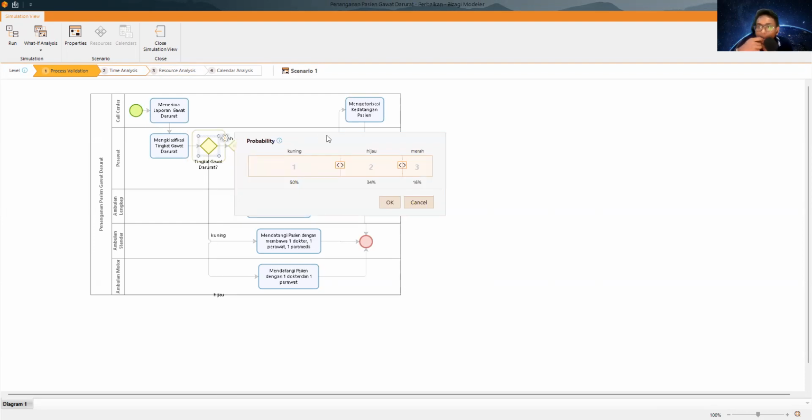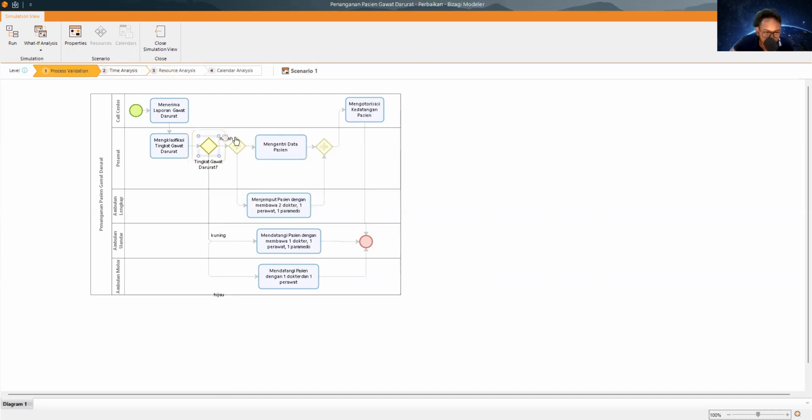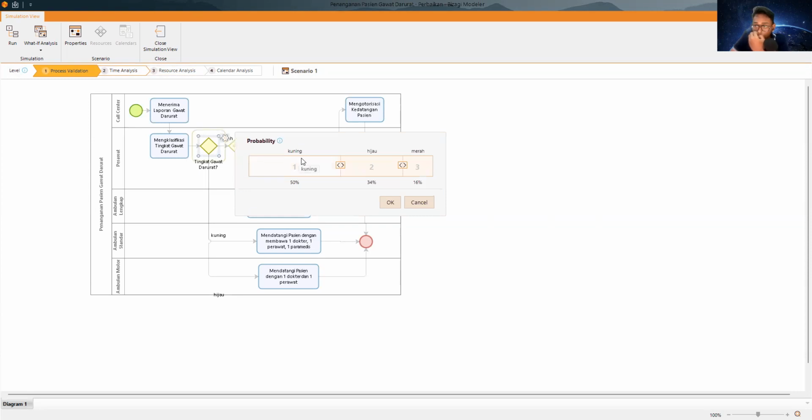Next, the gateway. In this gateway, there are 3 colors, or 3 sessions: red, yellow, and green. Let's say I want the yellow one to have a larger percentage than green and red. We slide the yellow.